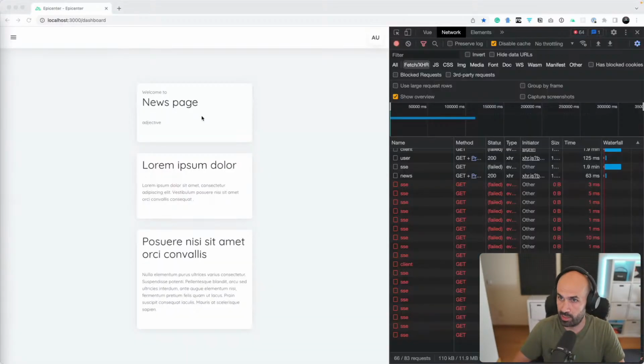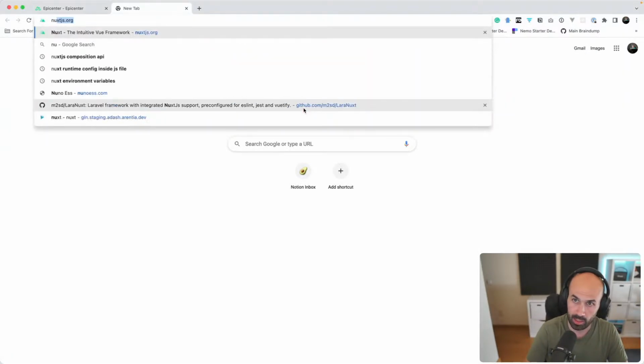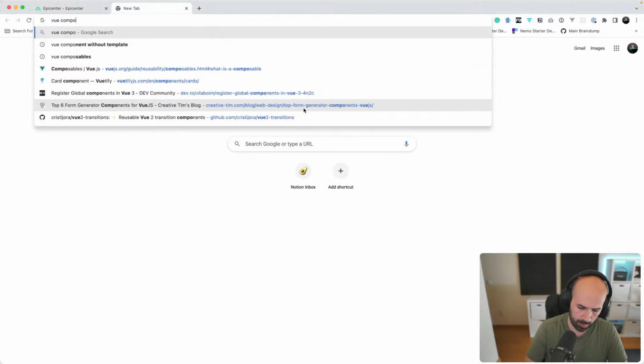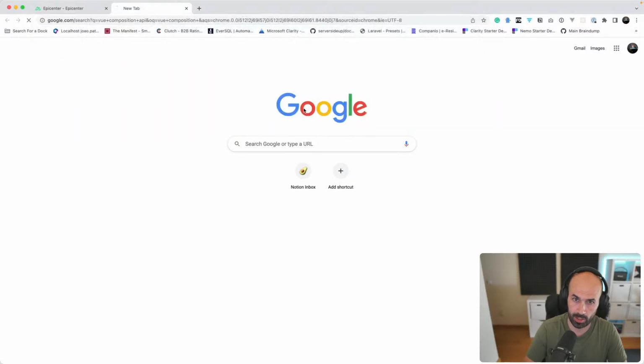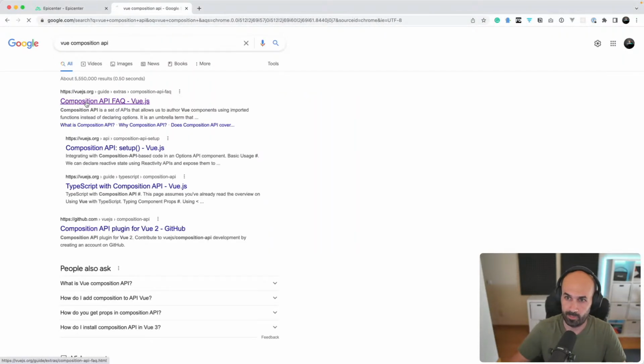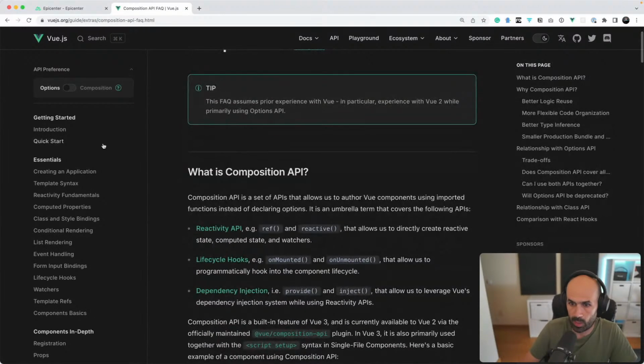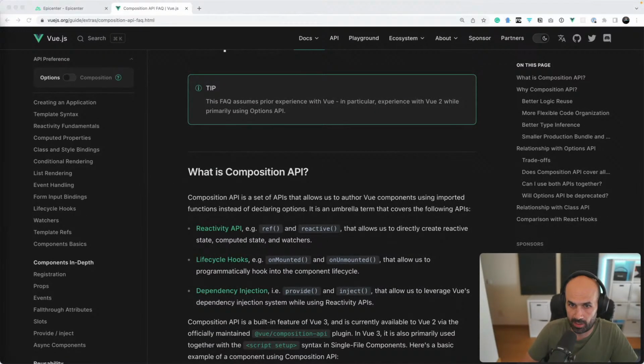We will see just in a glance. So Vue composition API. So in composition API,